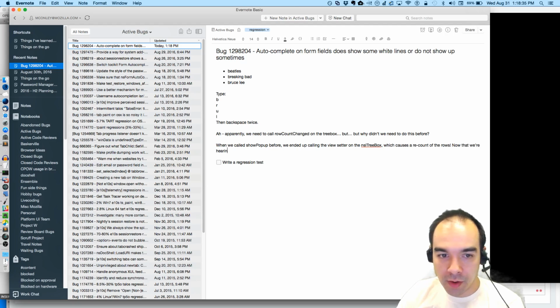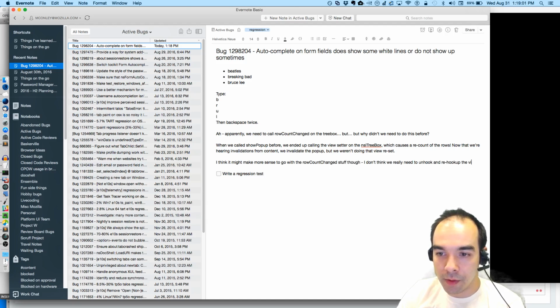Now that we're hearing invalidations from content, we invalidate the pop-up, but we weren't doing that view reset. I think it might make more sense to go with the row count changed stuff, though. I don't think we really need to unhook and rehook up the view.